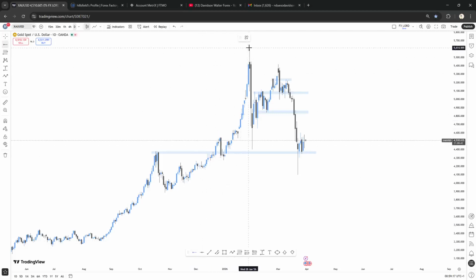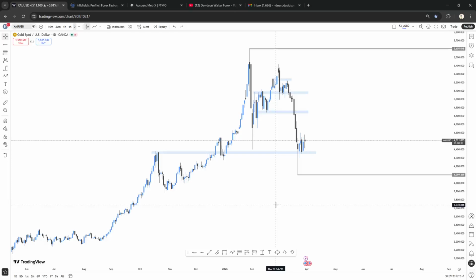Let me mark this out. This is the highest point price got to, and this is the lowest price fell to. And it rejects. For every time you see a big rejection candle like this, it means that buyers have set in. Buyers are in the market. And it's about time the market changes that structure. It's going to stop selling and start buying because buyers have taken control.